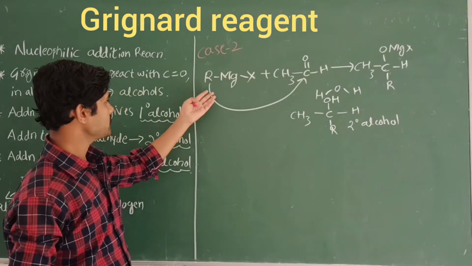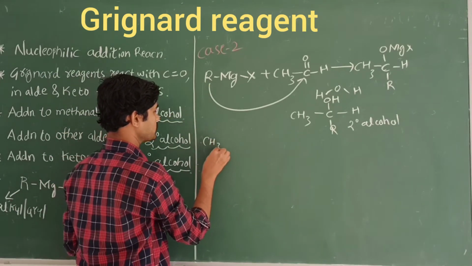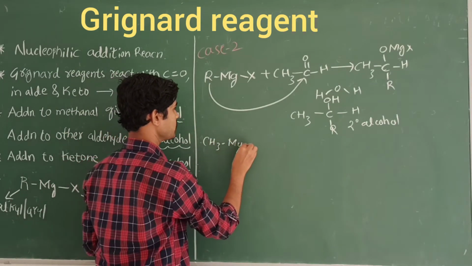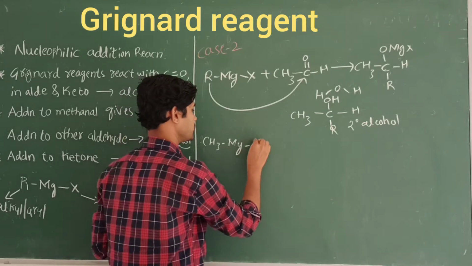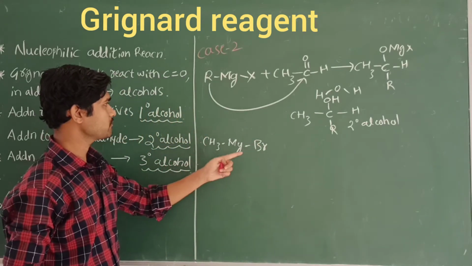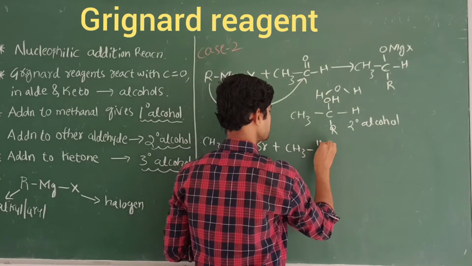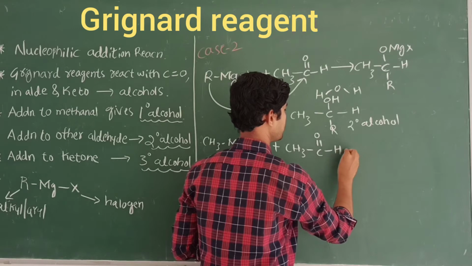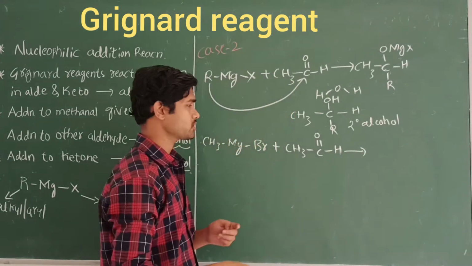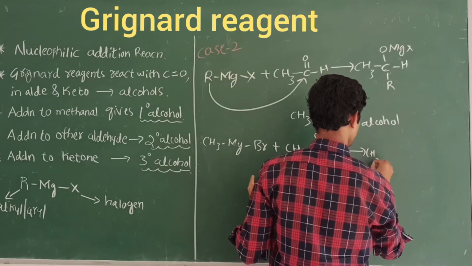So what am I going to change here? I am going to change once again, for example methyl magnesium bromide. Now I take methyl magnesium bromide with acetaldehyde, CH3 C double bond O H. We are going to form the nucleophilic addition product, that is nothing but CH3 C